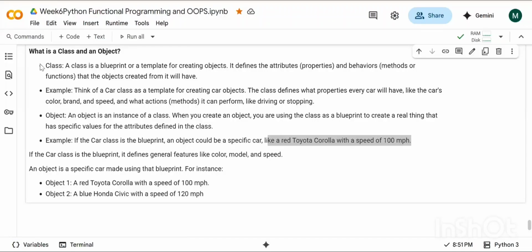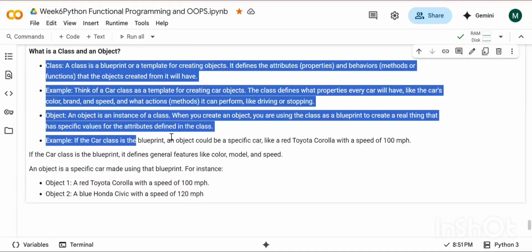So tell me guys, if there is any doubts in the class and object definition. No doubts?